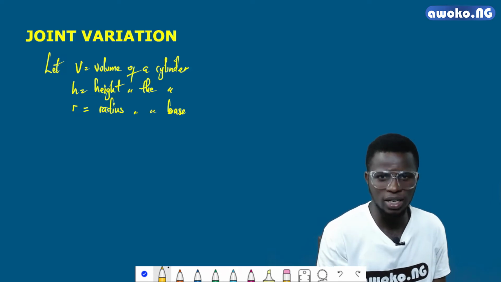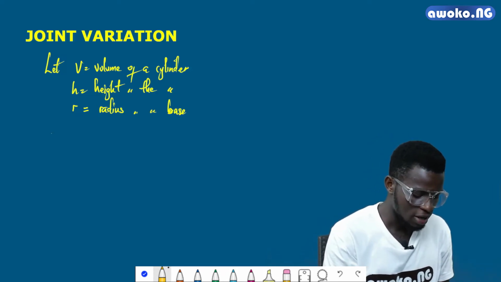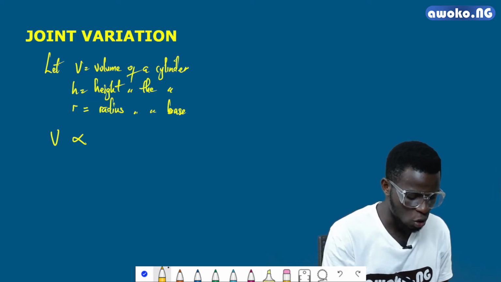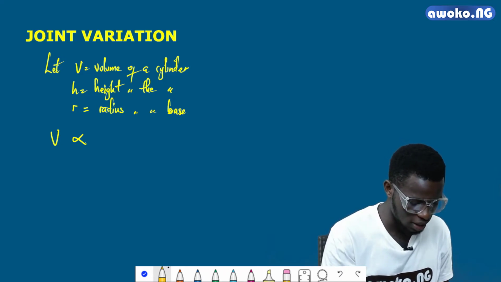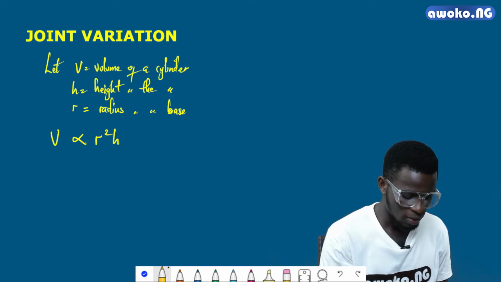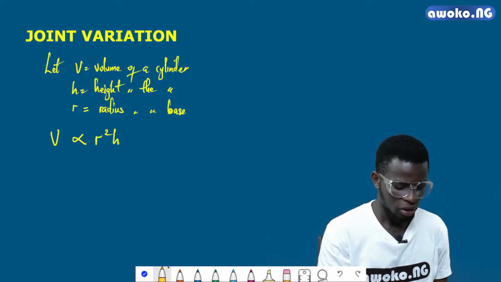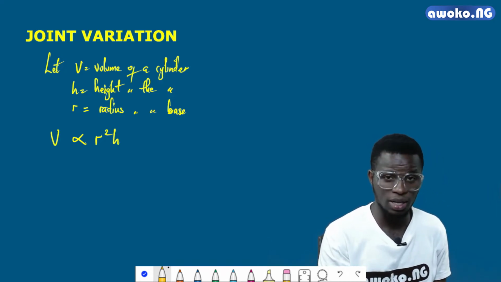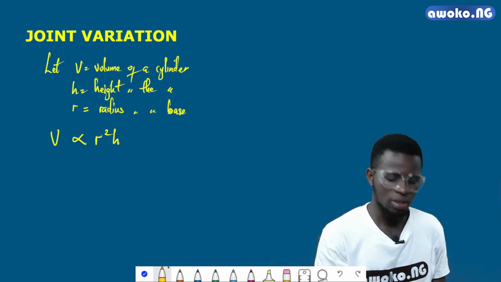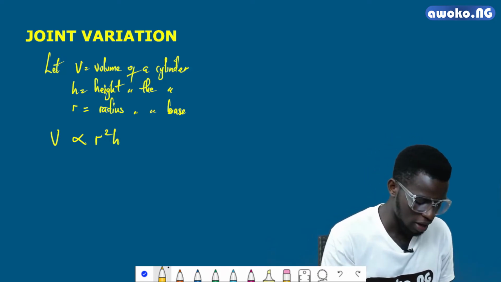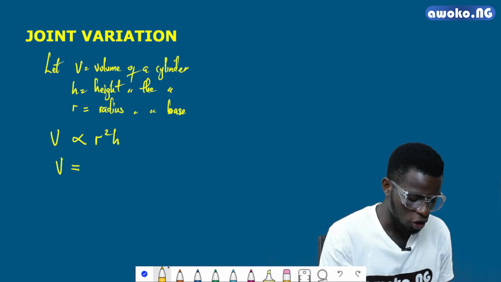So how do we relate this? We can have V vary as the square of the radius and the height. Introducing the proportionality constant and then removing the variation sign, we have that V is now equal to